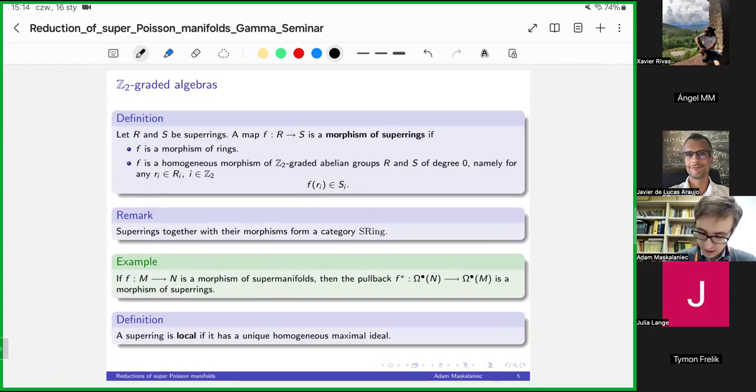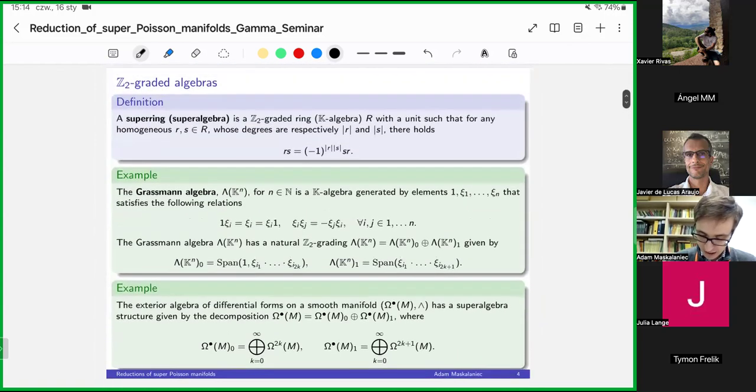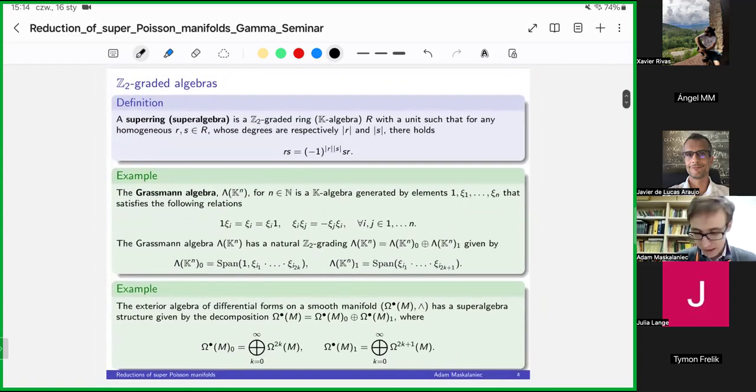But now I may say that, for example, if we have any linear automorphism of Kn here, then it naturally induces a morphism of Grassmann algebra that is exactly a morphism of superrings. So this is one example, because then it definitely preserves not only the Z2 degree, but also the Z degree.